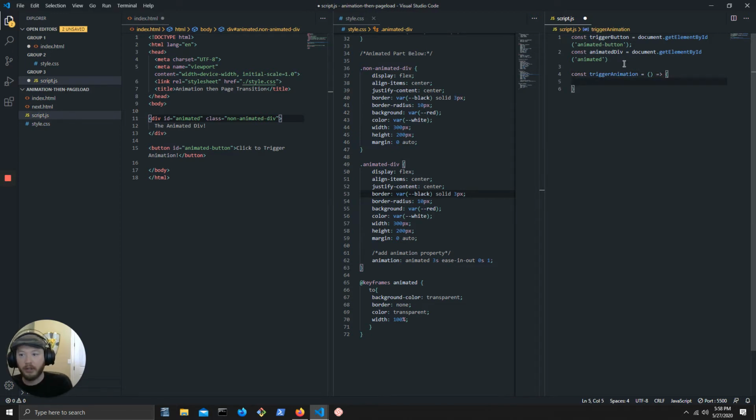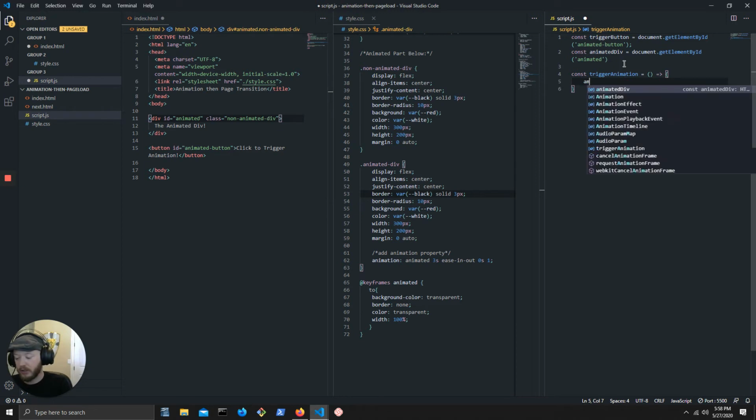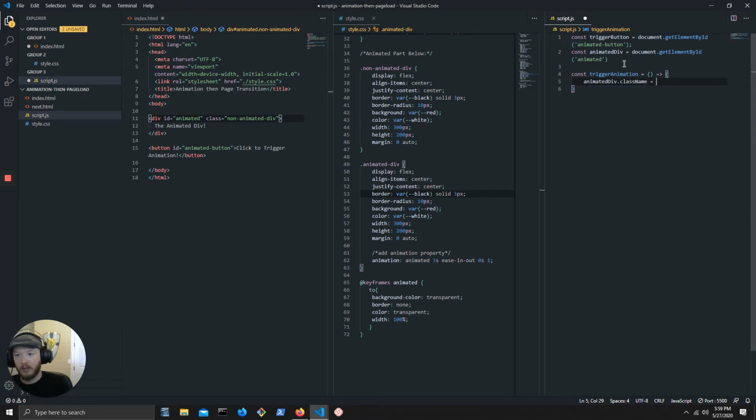And then what we're going to do here is we're just going to say animated div dot class name, and then we're going to set that now equal to animated div. And that should be it. So now if we save this, what we're going to need to do before we can actually do this